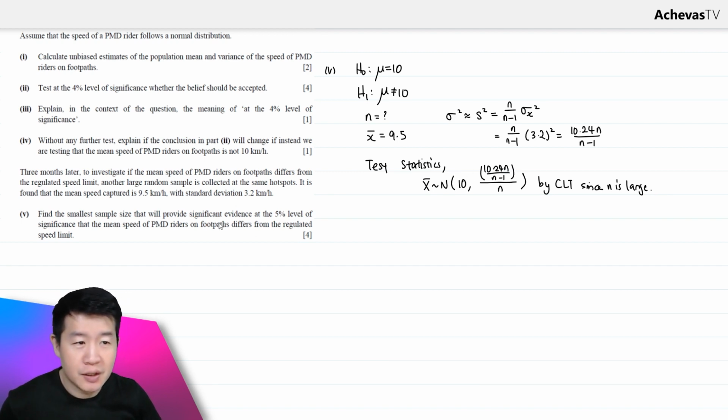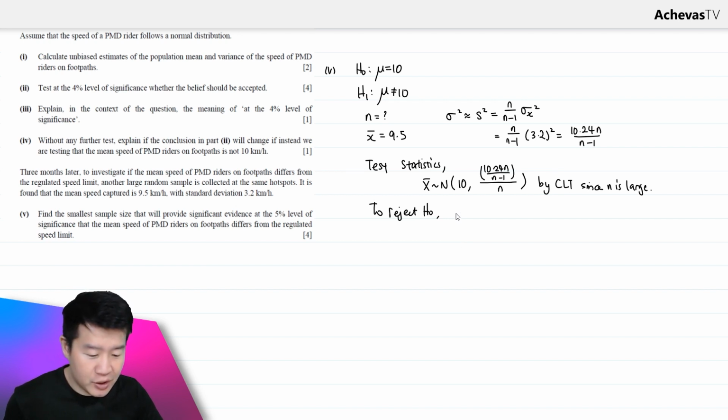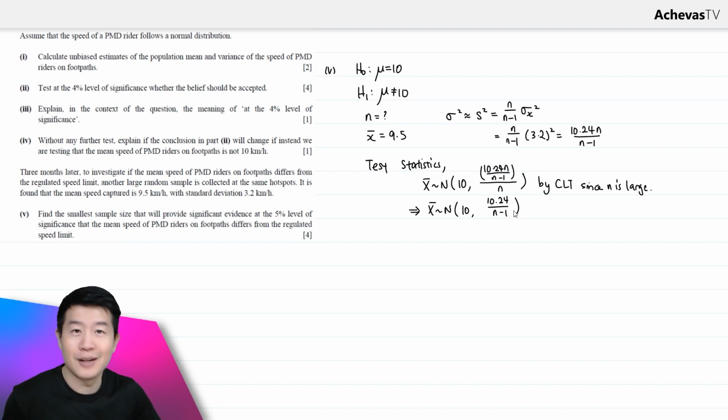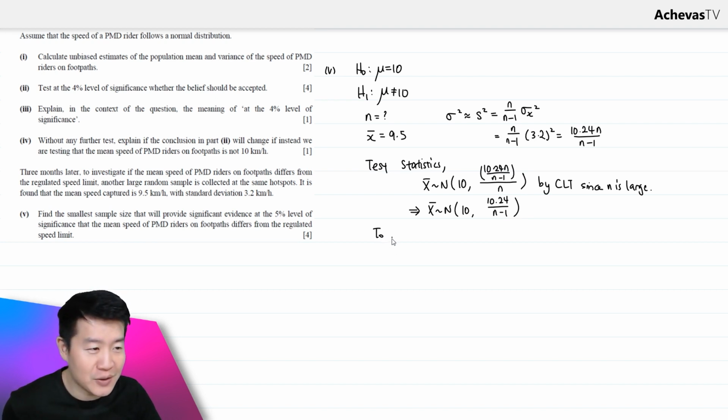Then according to the question, at 5% level of significance, we are supposed to find sufficient evidence to reject H0. So, to be rejecting H0 as a two-tailed test, hang on, I think I should just simplify this first. This looks like an unnecessarily huge expression, so I'm going to rewrite this as 10.24 over n minus 1. Okay, it looks better. So again, I was saying this question tells us that we are supposed to be rejecting the null hypothesis